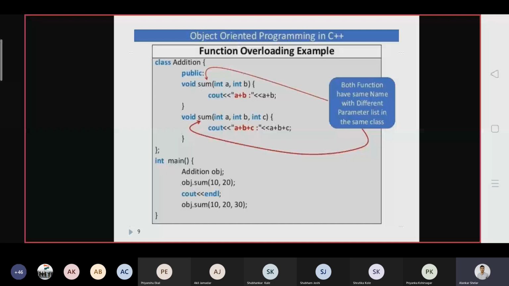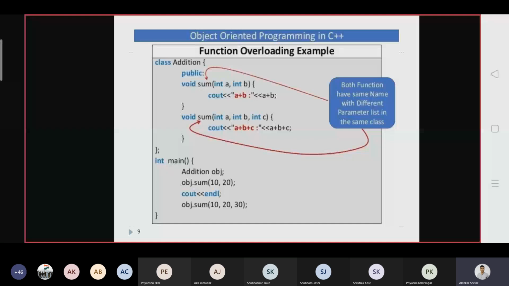Which function gets called? The second one, because a, b, c is available. In this case, these function calls are resolved at compile time because multiple definitions are available, and the compiler will create the object code for each definition because each has unique features.